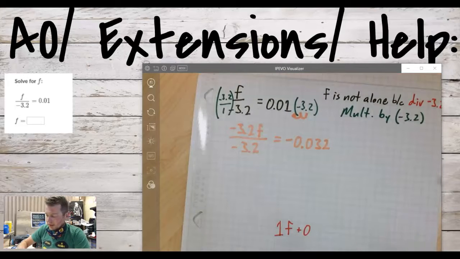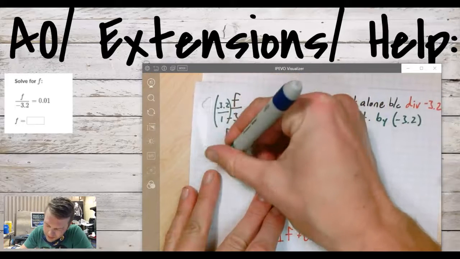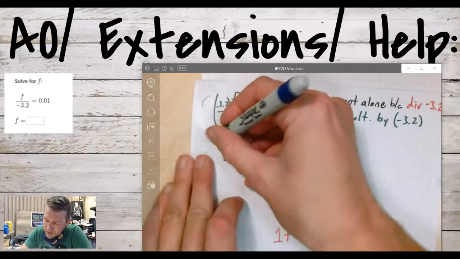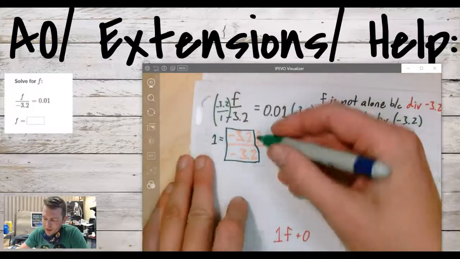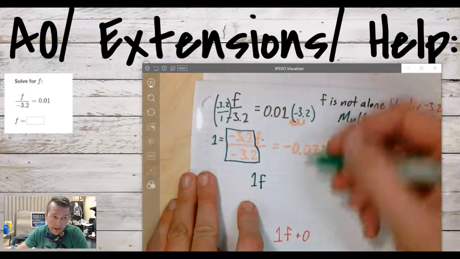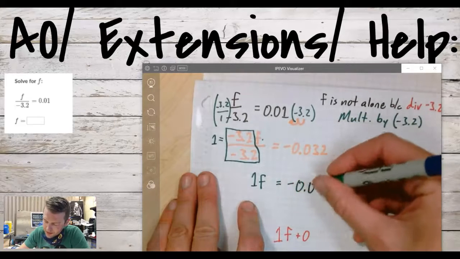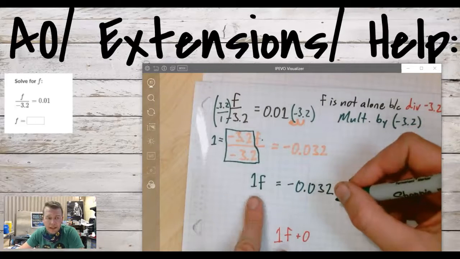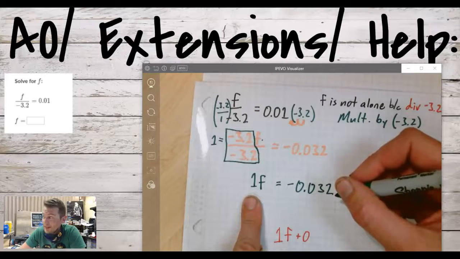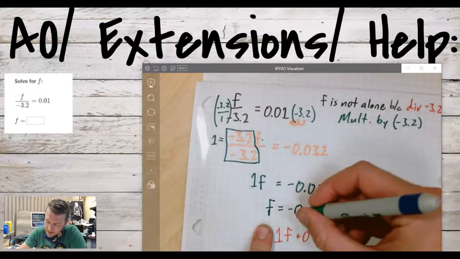So now we're going to come out of that in-between step and simplify things. So a number over itself, like negative 3.2 divided by negative 3.2, a number over itself is always going to equal 1. So we have successfully gotten to 1f. We never had anything added or subtracted, so we're good there. And then our right-hand side just has the value of our answer. So we don't need to write 1f. That's like if every time I said your name, I put a 1 in front of your name, that would be kind of awkward. So instead of writing 1f, we can just write f and say f is equal to